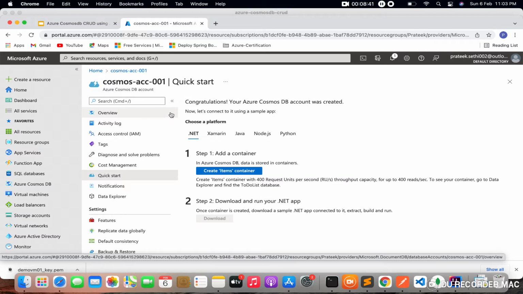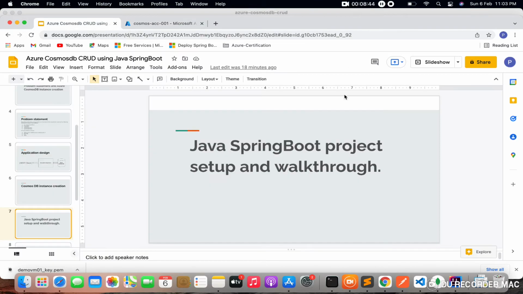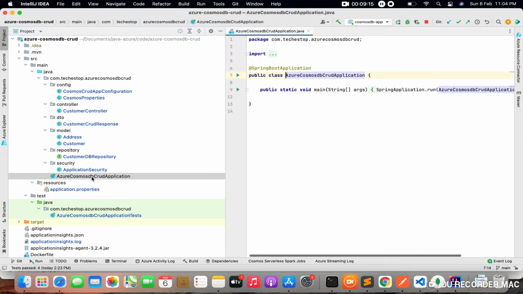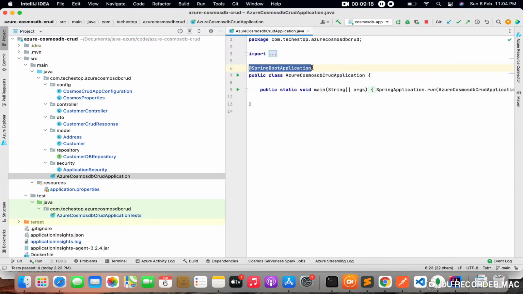So let's move to the second part. The second part of the video is the Java SpringBoot project walkthrough. So let's move to the IDE. This is the project which I've created. I'll go through each of the classes which are required to configure all the CRUD operations for the Cosmos DB. Let's start with the application one. This is the main entry point of your Spring Boot application,